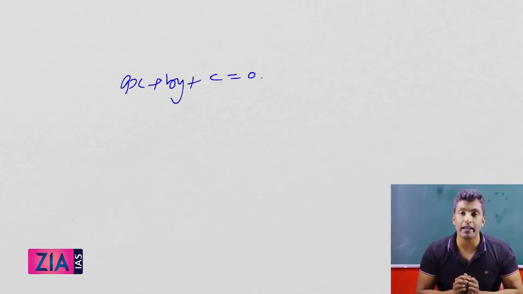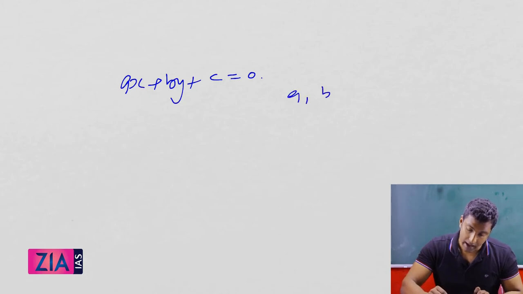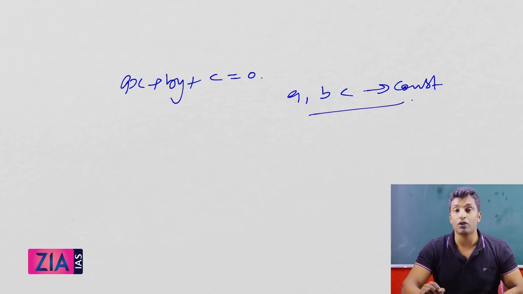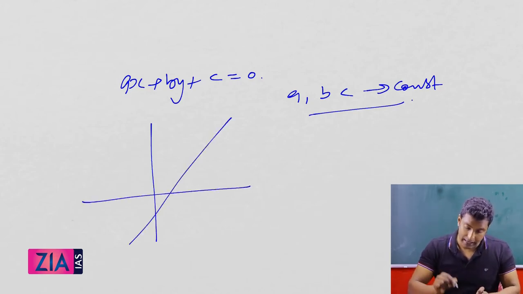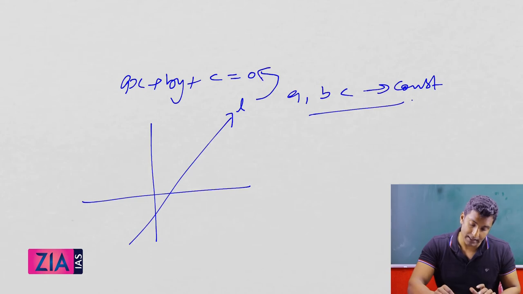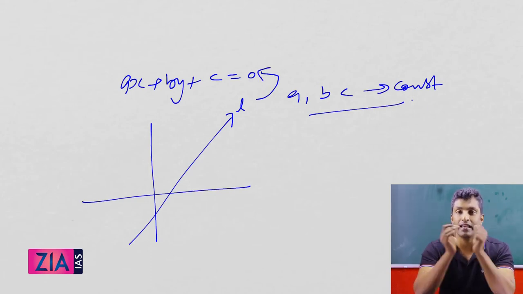So this is the general equation of a straight line where a, b, c are constants. Okay, so a, b, c are constants. Now if you take this straight line in my Euclidean plane, this is line L. So if line L is represented by this equation ax plus by plus c equal to 0,